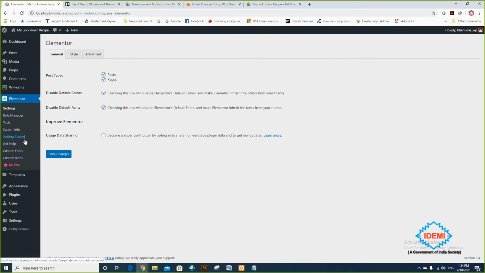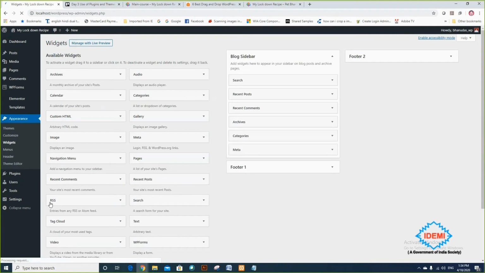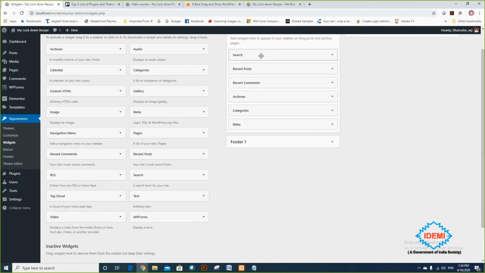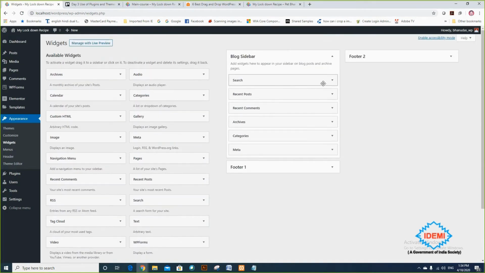So now I'm returning back to Appearance, and there is something called Widgets. Once I click on widgets, there are n number of widgets. For example, the block sidebar, and that is the reason you are getting search and all other stuff in the recent posts.